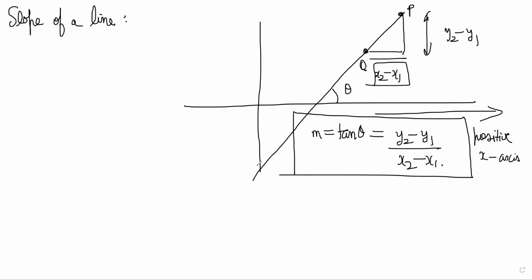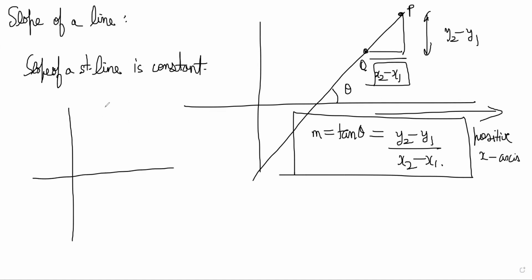So the slope of a straight line is always constant, obviously, because if it is not constant, then the straight line is not a straight line, it's a curve, right? Think about typical curves like circles, you will see that the slope is constantly changing. So if the slope starts changing, it becomes a curve. It's a straight line, so slope is constant, right?